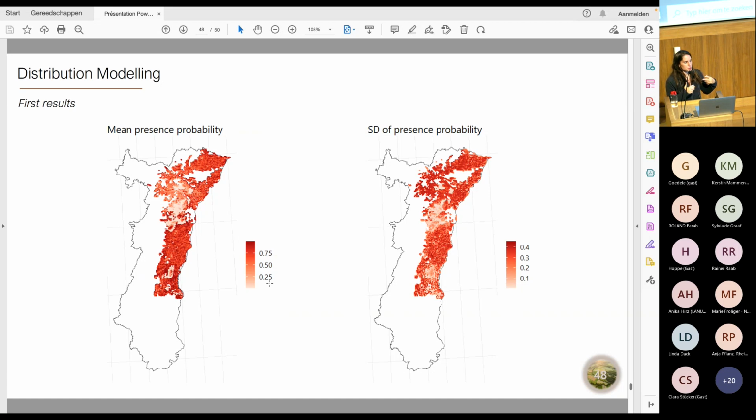These previous results could be quite promising, but when I used them to predict the distribution of the species in the Alsace plain, it's less promising. It's more disappointing, because the model predicts that the hamster could